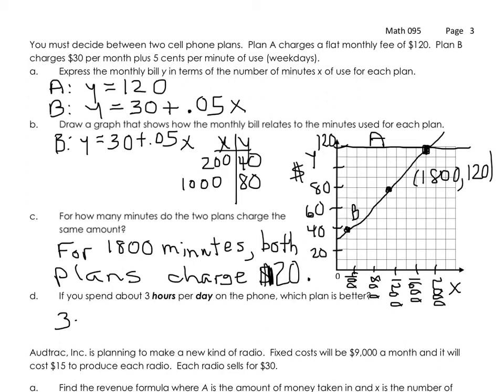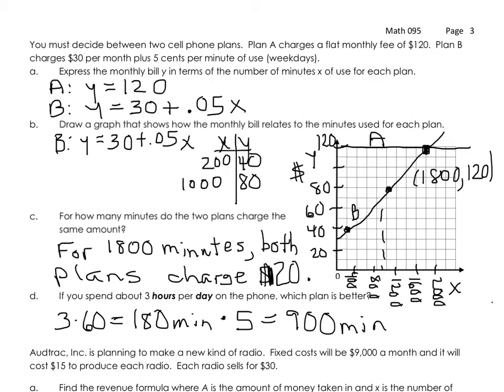3 hours? Well, I don't want hours, I want minutes. So how do I change hours to minutes? Multiply by 60. That's 180 minutes. But that's just for one day. I'm going to be talking weekdays. So weekdays would be 5. So that would be 900 minutes a week. 3 hours per day, just for 5 days a week. Weekends are free. So 900 minutes,